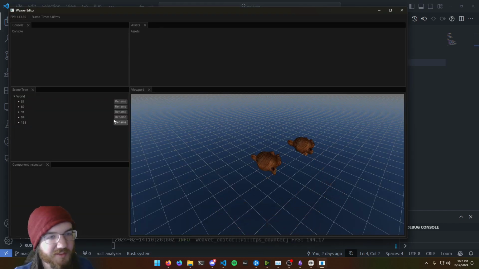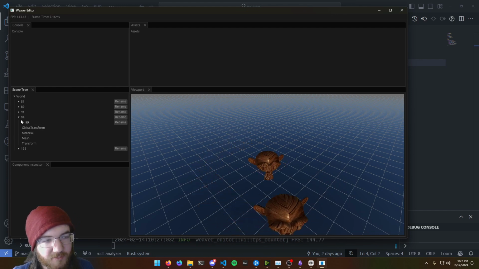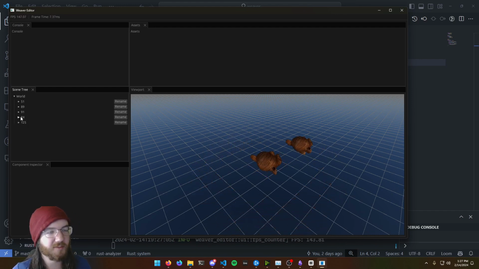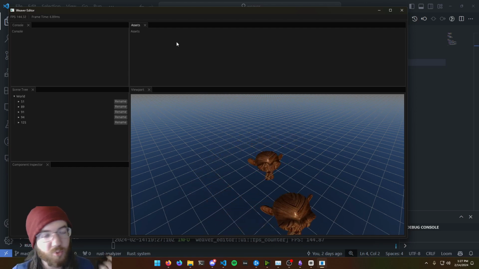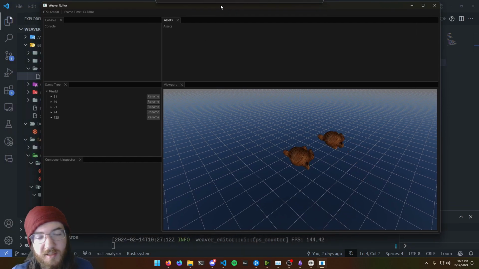Adding the ability to spawn components into the world, maybe move them around between parent-child relationships of some sort. Maybe adding a script editor for the scripts. I actually had that at one point, but I had to remove it because I switched to egui doc and it was just